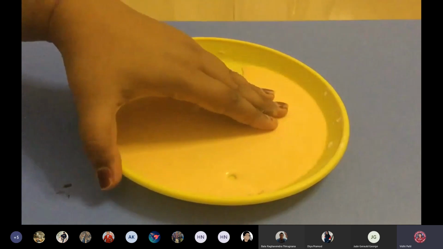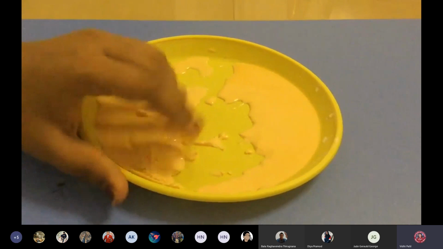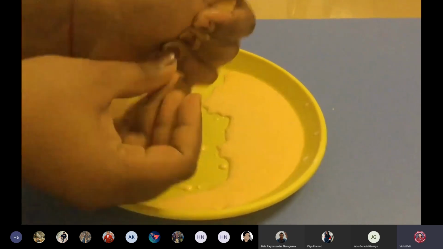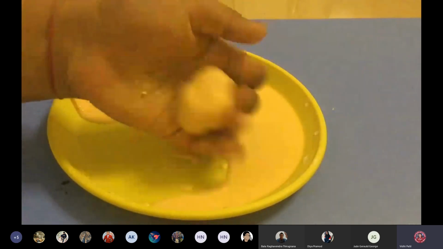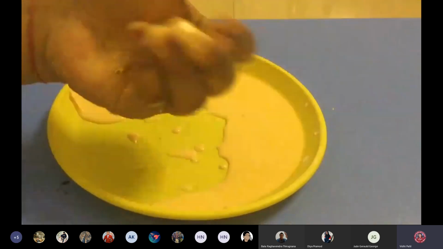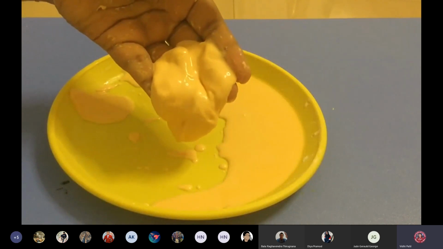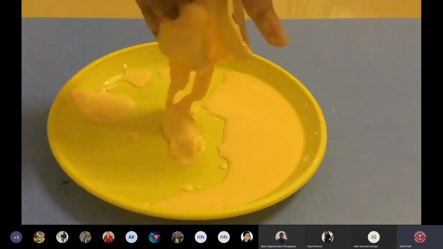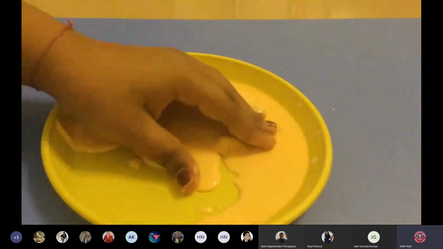I have my cornstarch and water mixture over here. Now, cornstarch and water don't really mix together. And when you take this mixture in your hand and ball it around, all the water molecules are forced to the center and it's like a hard ball. So what you're touching is basically just the cornstarch. And when you let it go, the long starch molecules slip past the water and it just starts dripping like this. So this is how the non-Newtonian fluid changes state based on pressure.